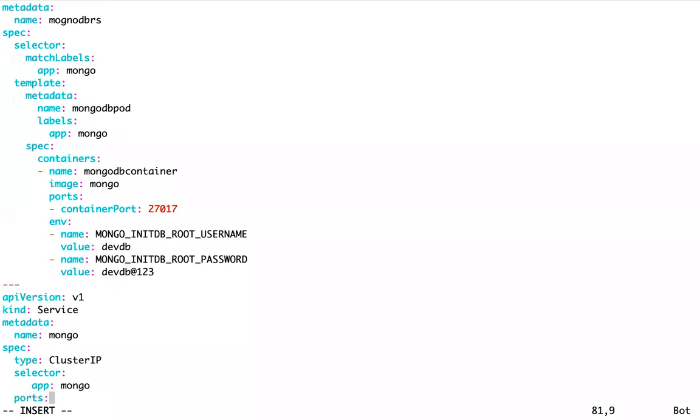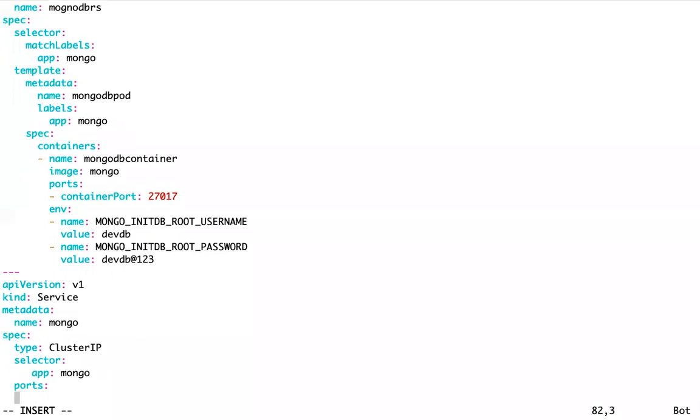Ports. So here you have a port and a target port. I am passing port as 27017.